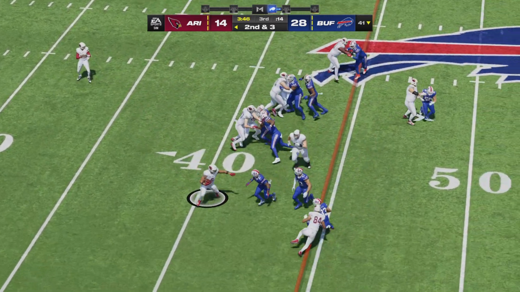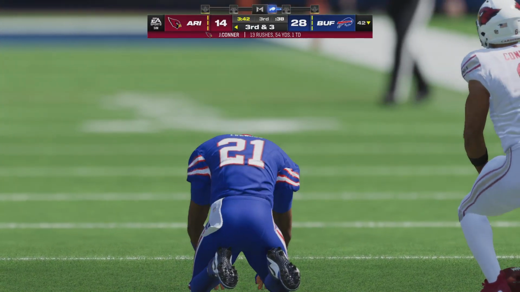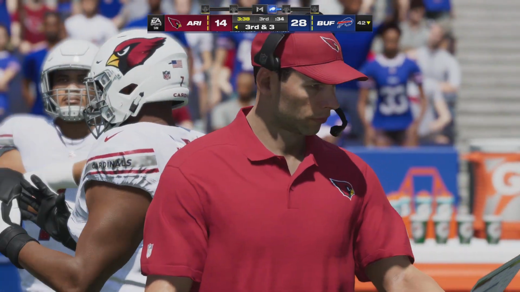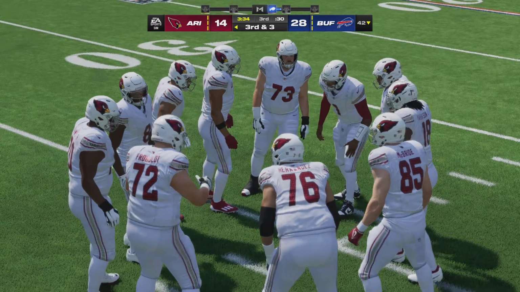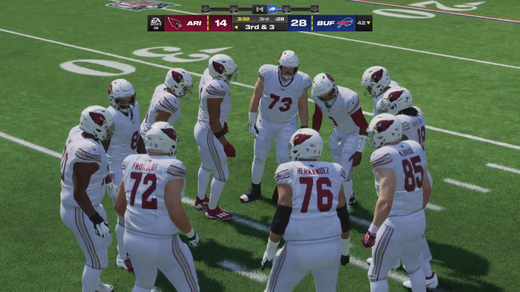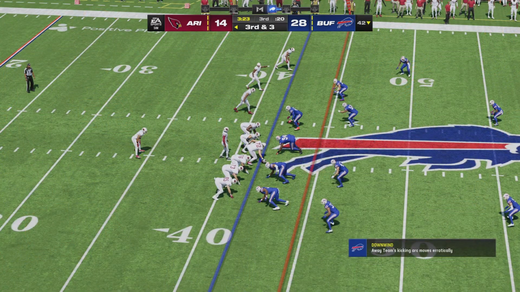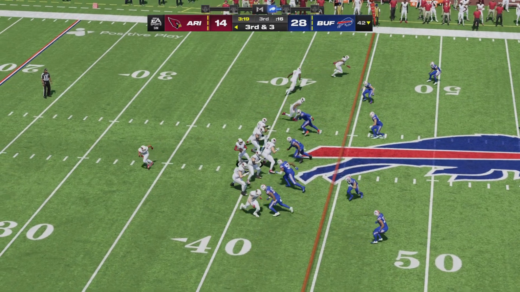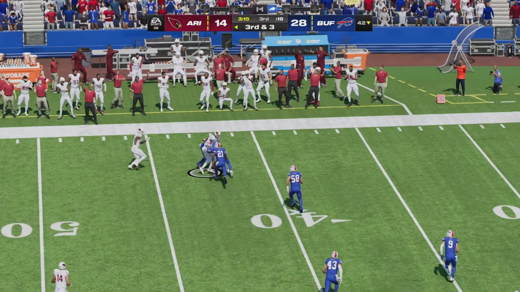On 2nd down, Connor looking for space. And now they're going to get him down right at the line of scrimmage. Call it no gain that time as it's going to leave him with a 3rd and about 3 to go. Defensively, though, they had a chance there to hit him for a loss. Couldn't get it done. Looked like someone was able to knife into the backfield, but he wasn't able to get him down. But his compatriots, they were able to grab him at the line of scrimmage and not let him get any further downfield.